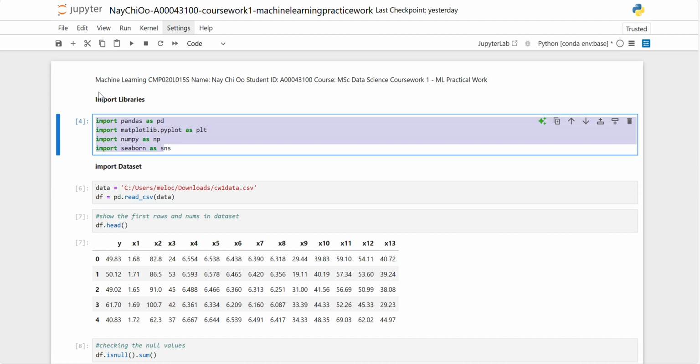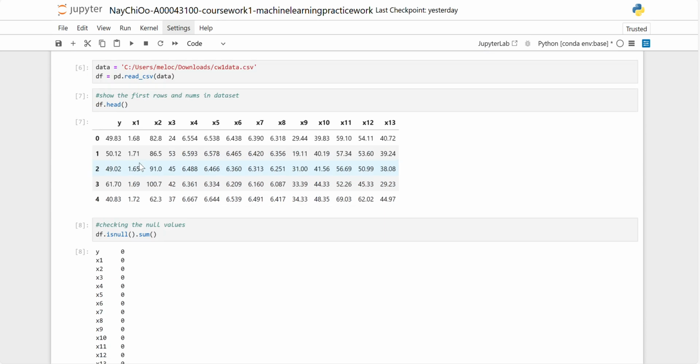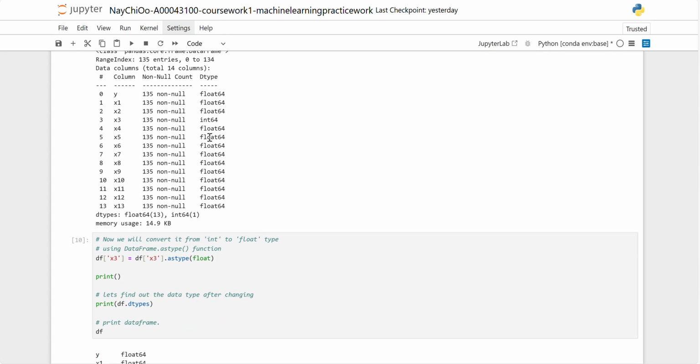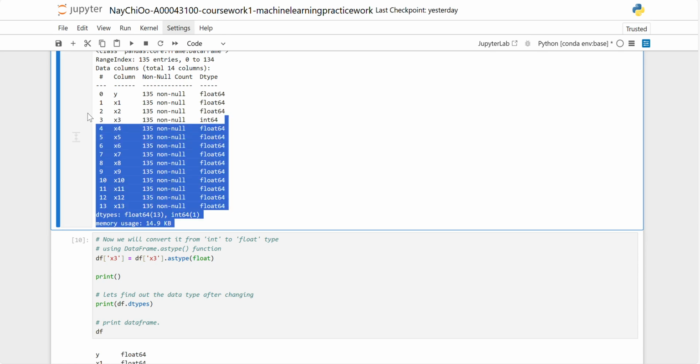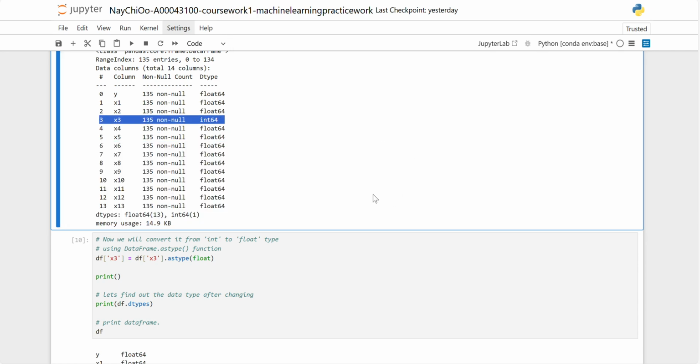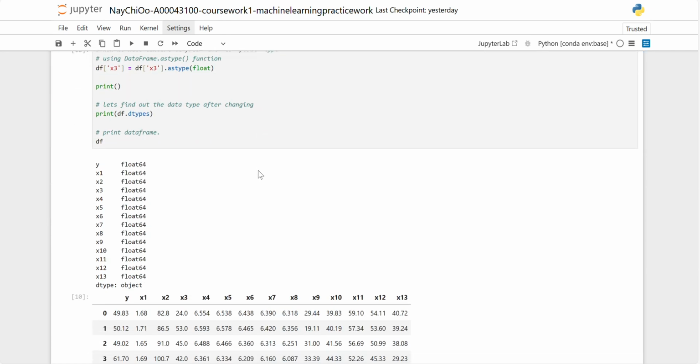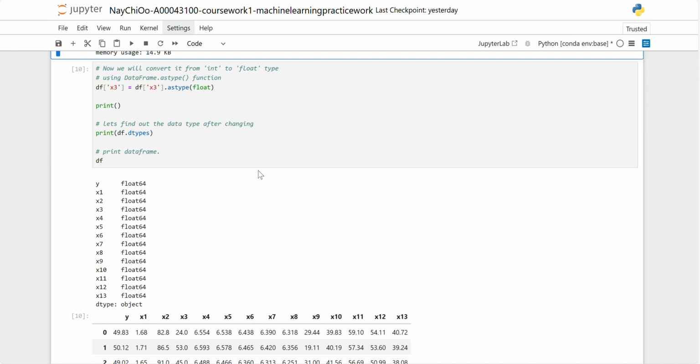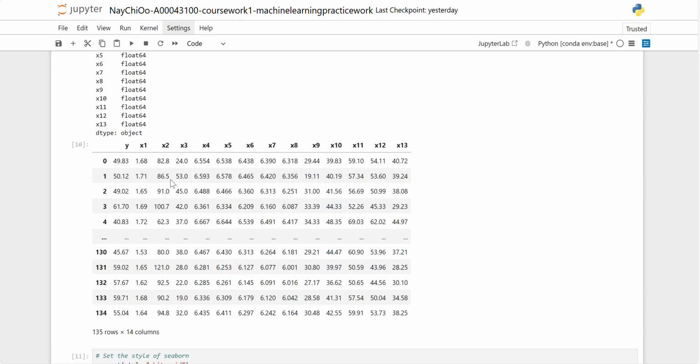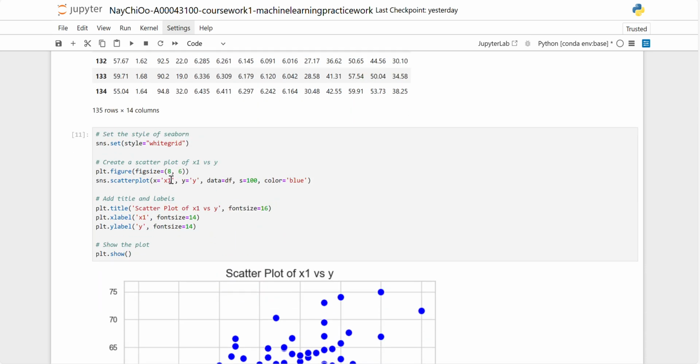First, I import the libraries and datasets and find the data types. I try to change the X3 data into float like the others. That makes it easier to find outliers and to get a clean and consistent dataset. That's why I changed the X3 data into floats. And then